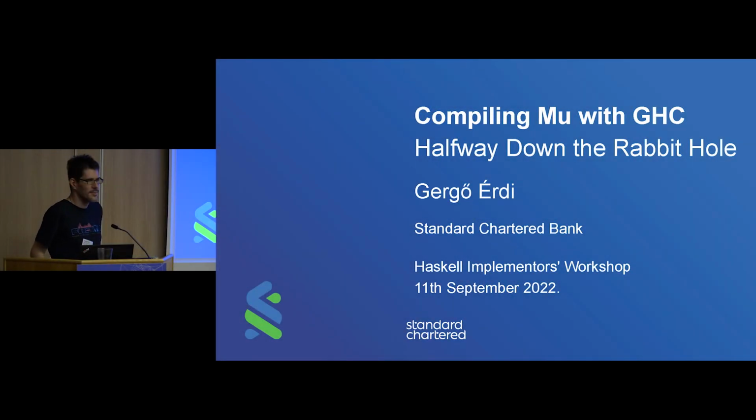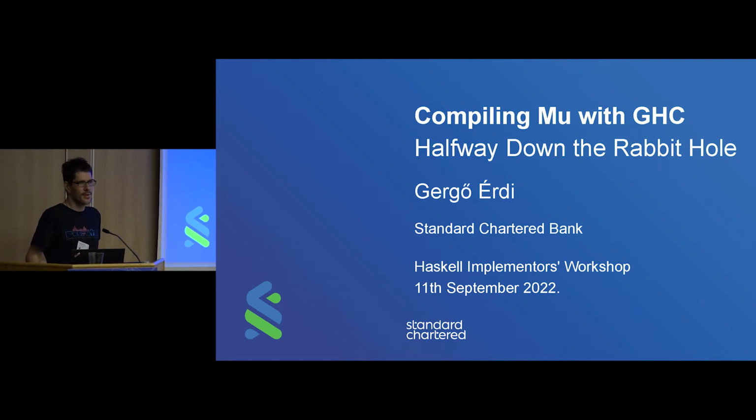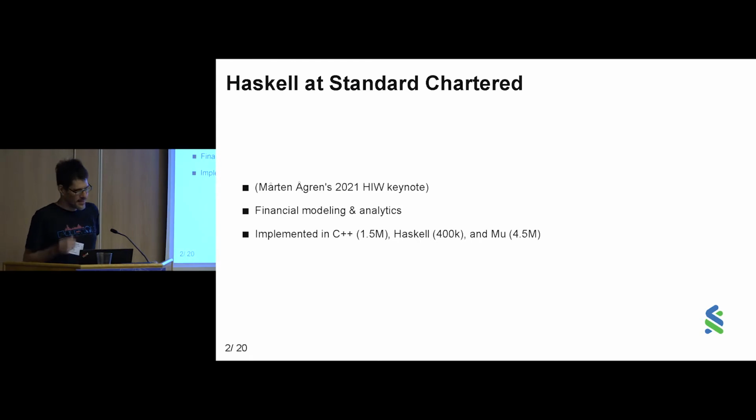This talk is going to be about using GHC as an API to compile a language that's kind of like Haskell, but not quite. And I am fortunate enough that last year Morten's keynote at Haskell Implementor's Workshop gave the background to this, so I can skip a lot of it by just referring to the keynote last year. But for us here, what's important, I guess, is that Standard Chartered is a bank and it uses Haskell